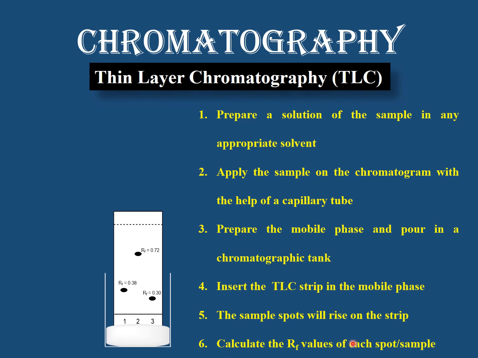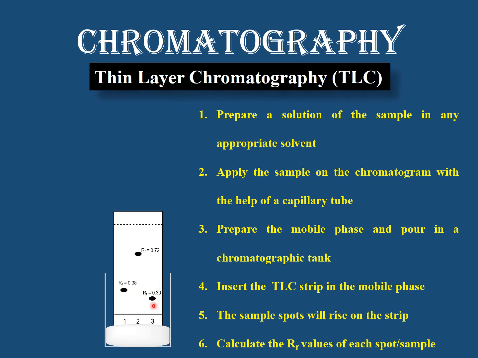And the final step is to calculate the RF values of each spot or each component of your sample. So that is the ratio of the distance covered by the component to the distance covered by the mobile phase or the solvent front. So you can see the values here. The RF value for this component is 0.38, the RF value for this component is 0.72, and the RF value for